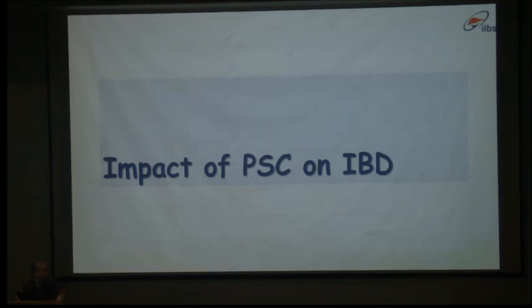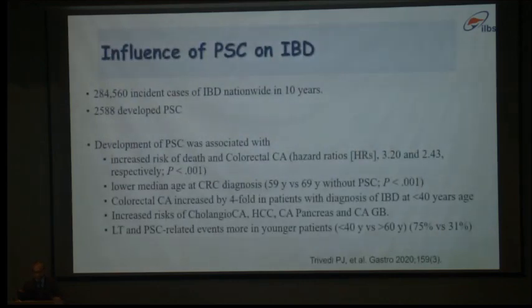So now the next thing is, what is the impact of primary sclerosing cholangitis on IBD? So this is again a large data published in Alimentary Pharmacology, Gastroenterology 2020, where more than 2,500 patients out of more than 2.8 lakh patients of IBD were studied, and out of these, 2,500 developed PSC. So development of PSC was found to be associated with an increased risk of colorectal cancer as well as other malignancies